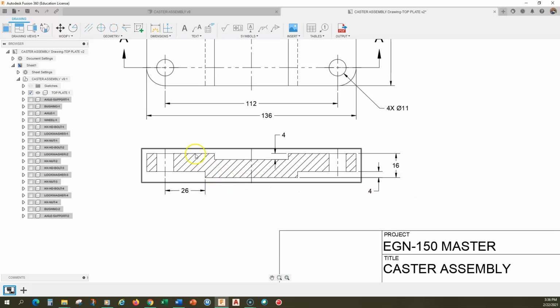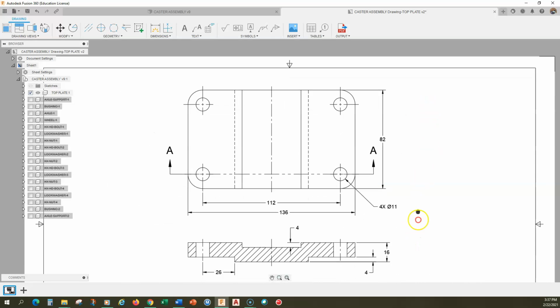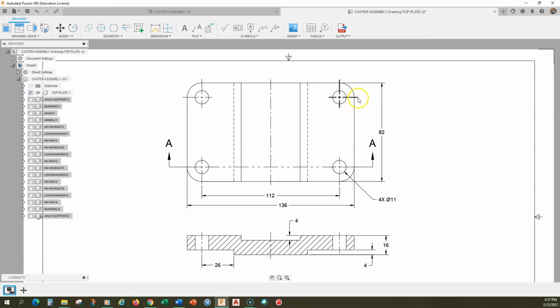Okay. So I have my thickness dimensioned with all my steps, and I've explicitly dimensioned this 4. That was important. I have the 26, and of course the mirror image here, because the line of symmetry is going to be the same. I have this width. Now I need to dimension